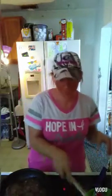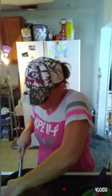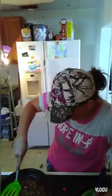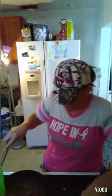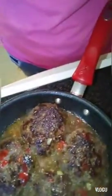So anyways, this looks like it is almost done to eat, but I'm just going to make sure that there's no pink coming out. And like I said, I definitely want to make sure that it's done. Some of my peppers have come out. I don't know if you guys can see this. I'm going to bring my camera back down. But you can see that it's just super yummy. And there's peppers out